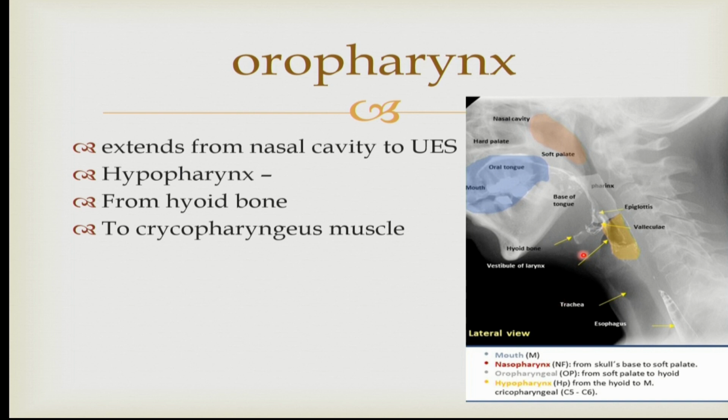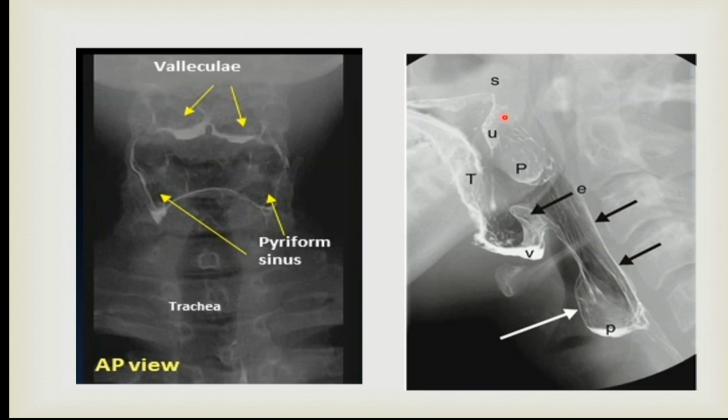So this is the visualization of one lateral radiograph wherein the oropharynx and hypopharynx are delineated. This is how the normal will look, as you can see, in double contrast. This is the AP view wherein there are the valleculae, the piriform sinuses, and what we see in between is the epiglottic fold. This is probably the most important visualization, the lateral and the anteroposterior. If you get this image, you are done with your pharyngeal examination.